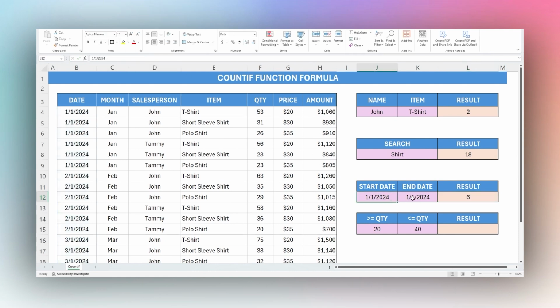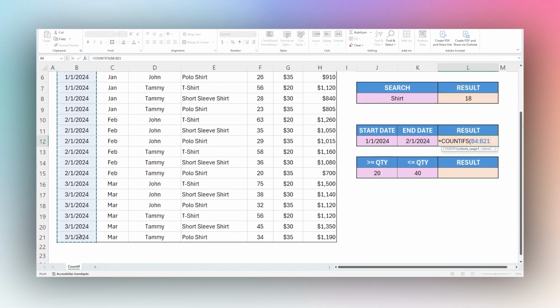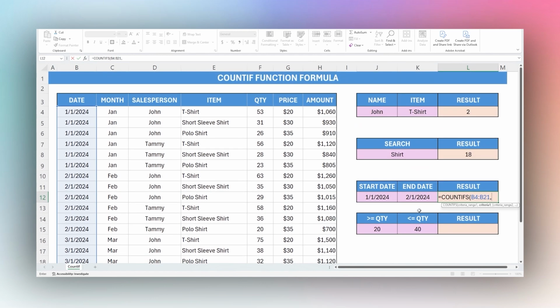Now if we want to use a start and an end date, so for example, if we want to count all the sales in January and February, we could do a start and an end date. If we go back to our formula, we could change this to a COUNTIFs again, if you remember, for multiple criteria. We'll select our date column first. And then to do a comparative, so greater than or less than, we're going to use our double quotes again. In this case, we'll do greater than or equals to, and then finish up our double quotes, ampersand, and then that cell. If we close it for now, you can see it returns 18,